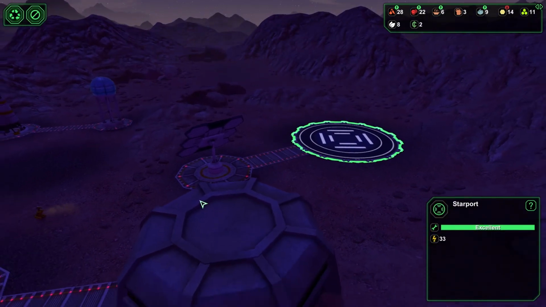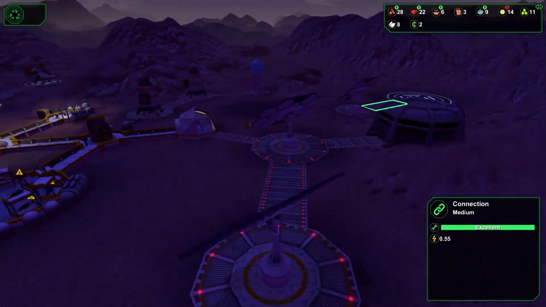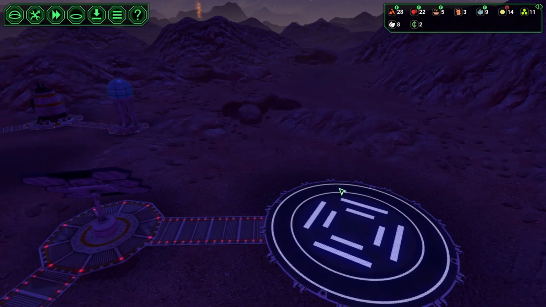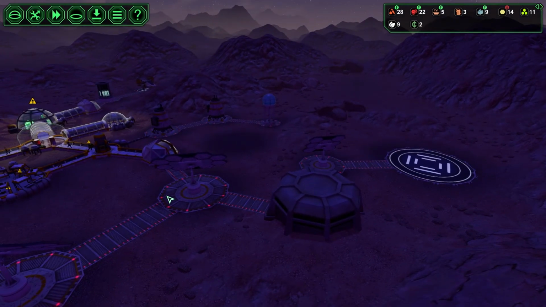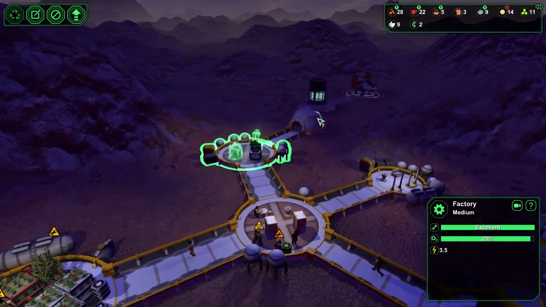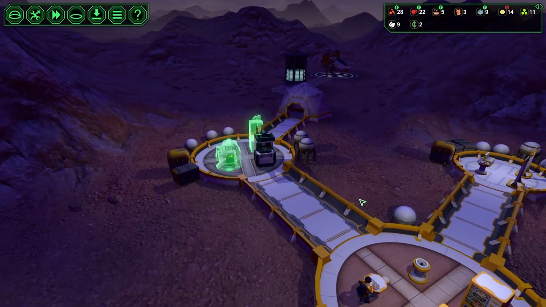And we do have the large starport now. No metal. We spent all of it on this landing pad. Somehow this landing pad costs 10 metal, but this entire solar panel only costs 7? I don't really know why, but it just does. Oh, so this is a high priority. This does not need to be a high priority. Actually, it kind of does, but...